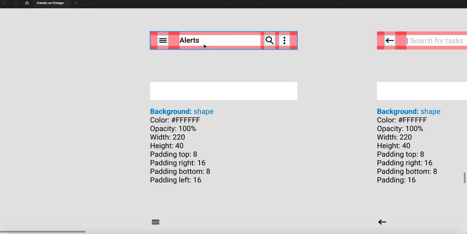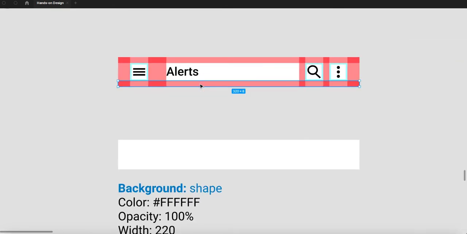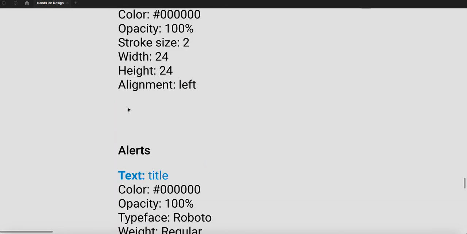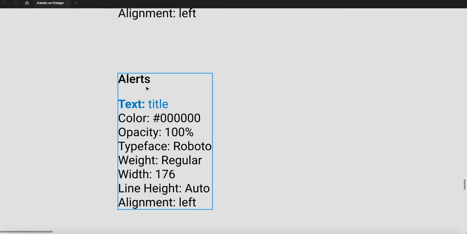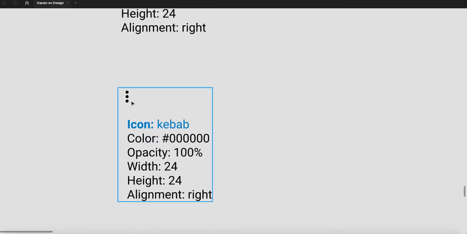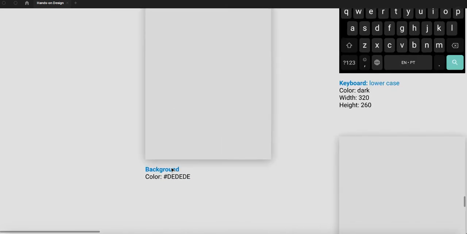I have many padding, like I explained before, is inside and margin is outside. Then we have this icon, I documented. This text, I documented. This icon as well, this icon as well, and even this gray background I documented,